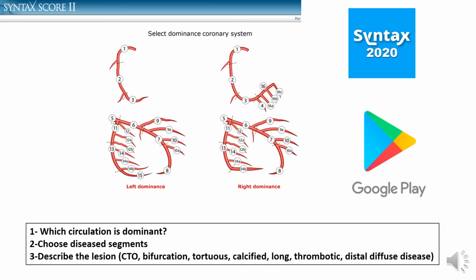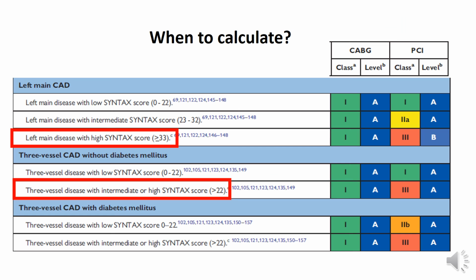Is it a CTO? Is it a bifurcation? Is it calcified? Is it thrombotic? And so on. Finally, you will get a score. In case of left main disease, if this score is more than or equal to 33, that means that surgical treatment has a mortality benefit and a better outcome than PCI, and it should be the treatment strategy of choice